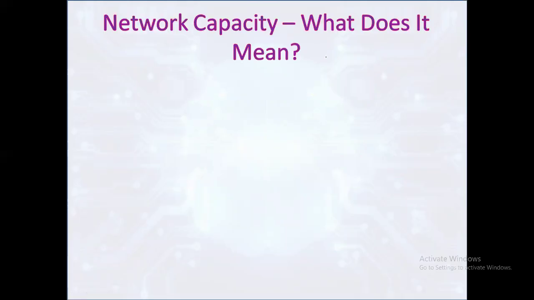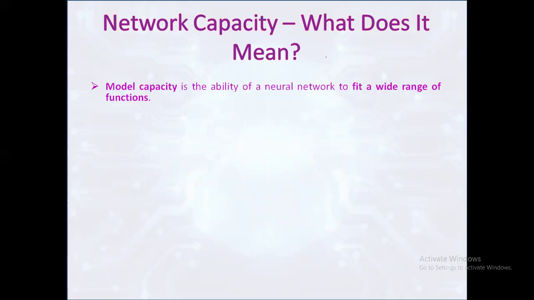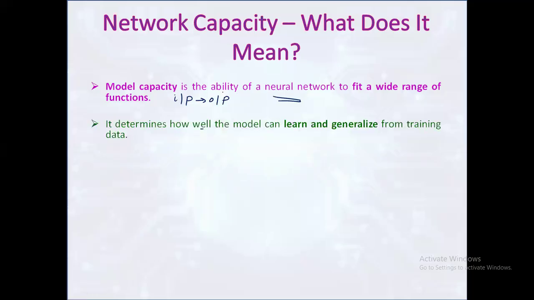We'll see one by one. First, what is network capacity? What does it mean? The capacity of a model refers to its ability to learn and approximate a wide range of functions. A high capacity means it can represent complex relationships between input and output data, which is essential for solving difficult tasks. And model capacity affects how well the model can capture the patterns in the training data and generalize them to